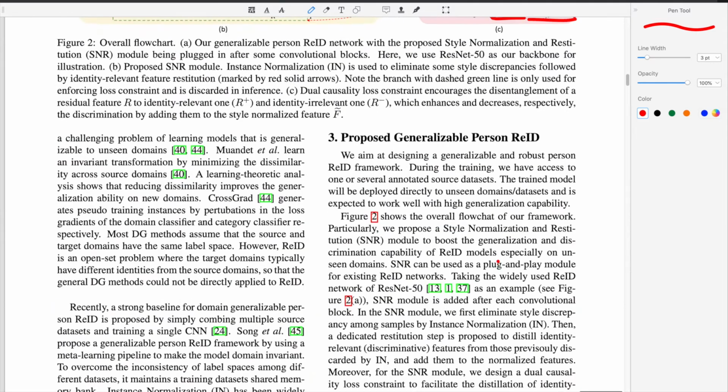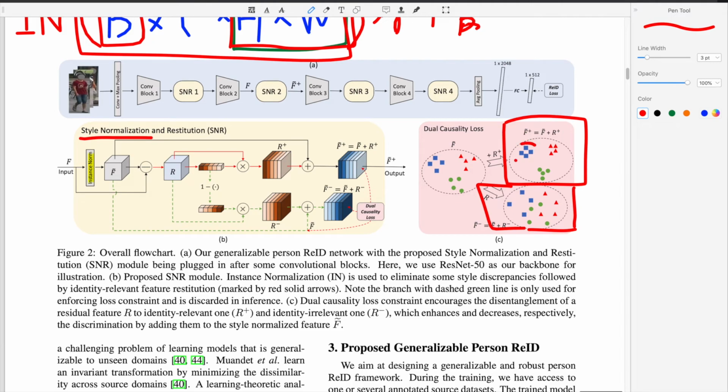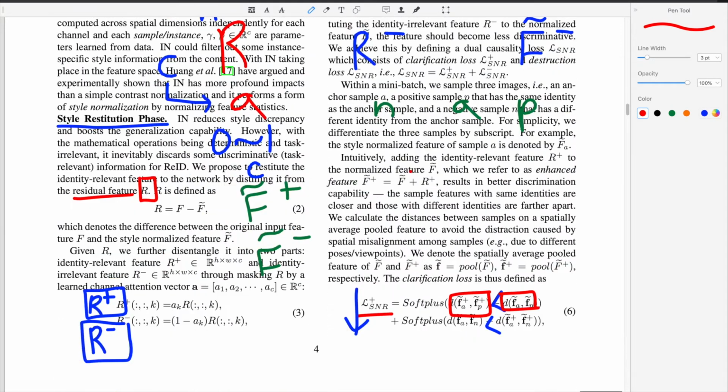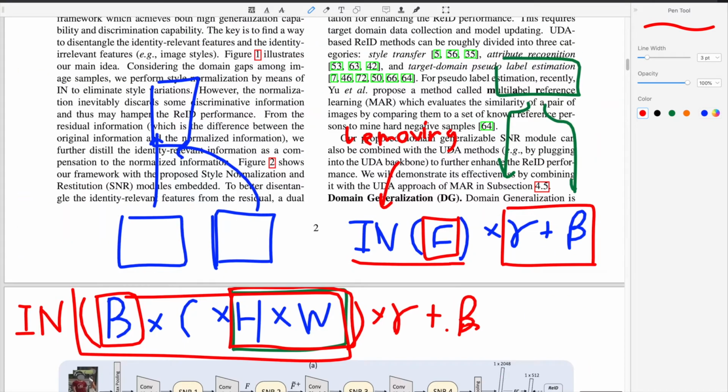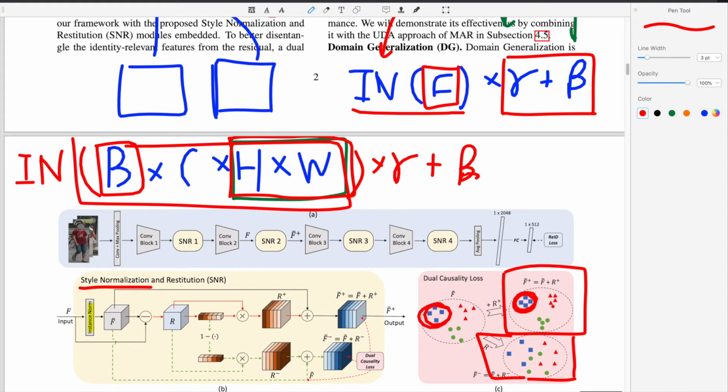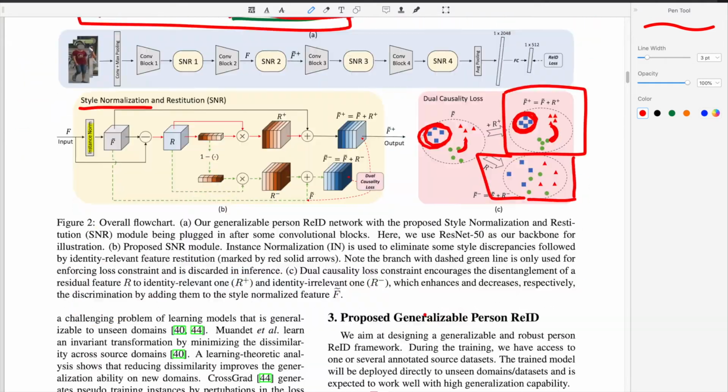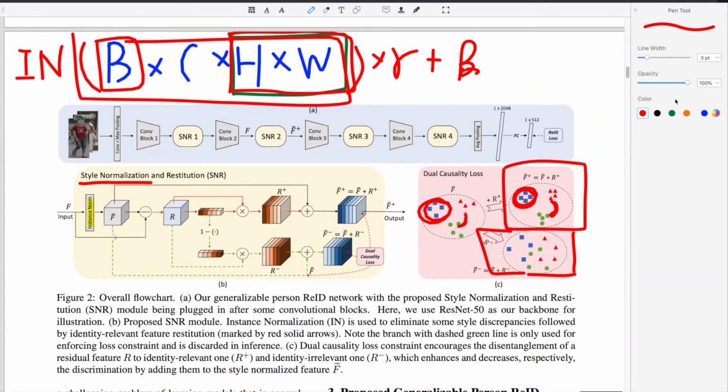So basically this part means that we want the same ones to be closer than how it is in here. And then the second part is we want the distance from the enhanced feature among the different identities to be bigger than how it is in the distance in the non-restituted features. So this basically means that we want these 2 distances to be further away than how it is in the original feature distance. So that's the way the paper achieves the first regularization through the plus SNR loss, and the